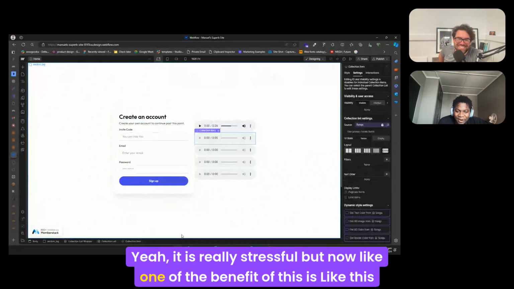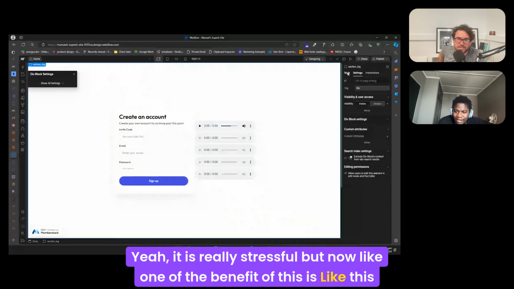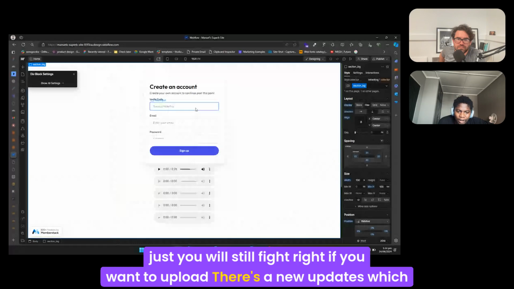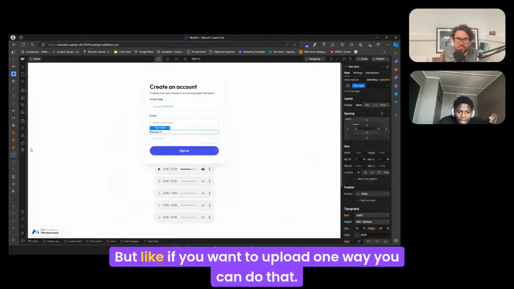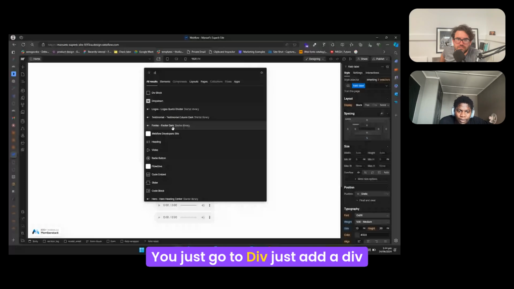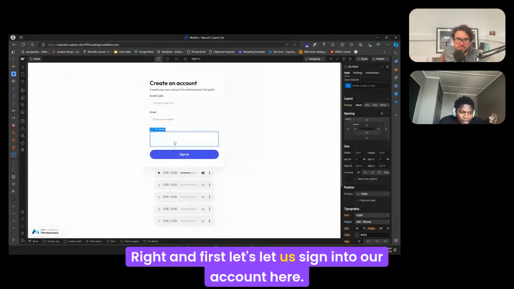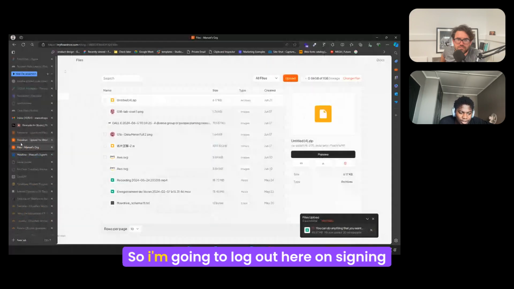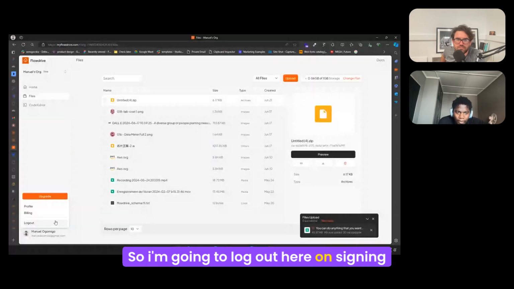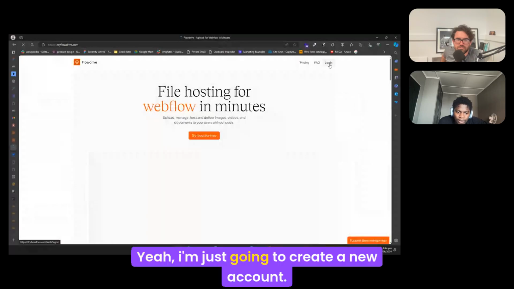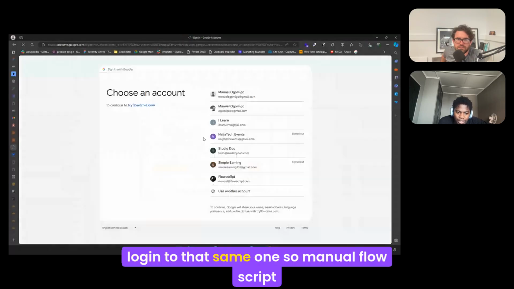But now one of the benefits of this is that you're just hosting files, right? There's a new update on the other one, but if you want to upload, one way you can do that is just go to a div, just add a div, right? And first, let us sign in to our account here. So I'm going to log out here and sign in. I'm just going to create a new account, log into that same one. So Webflow script,